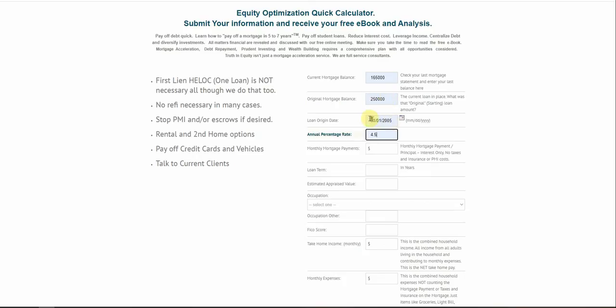If you recently refied, we want that. If you haven't refied since you purchased, then we want that. The current interest rate, what your payment is. Be as accurate as possible here. If you got a 15-year or a 30-year or a 5-year ARM or whatever, what the current value is,